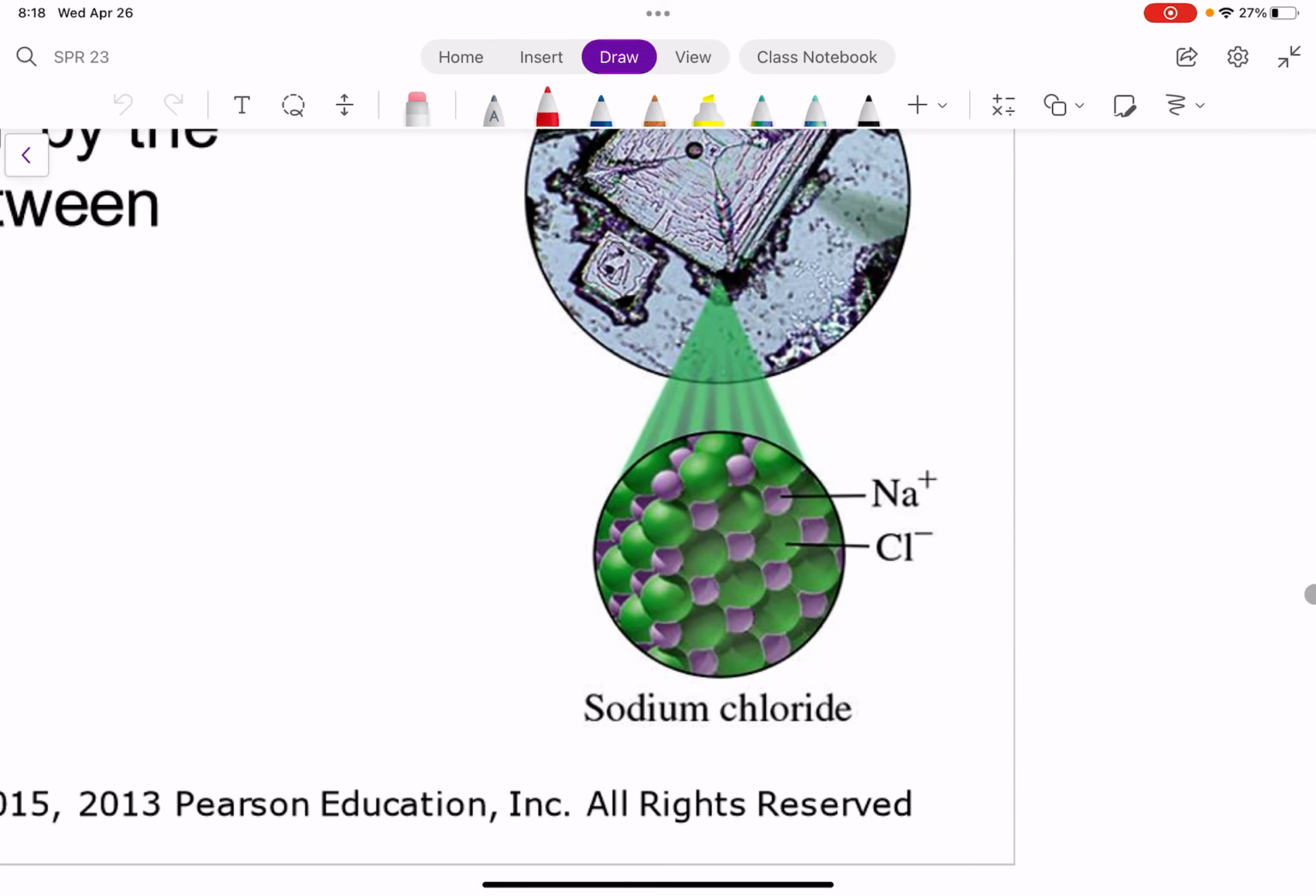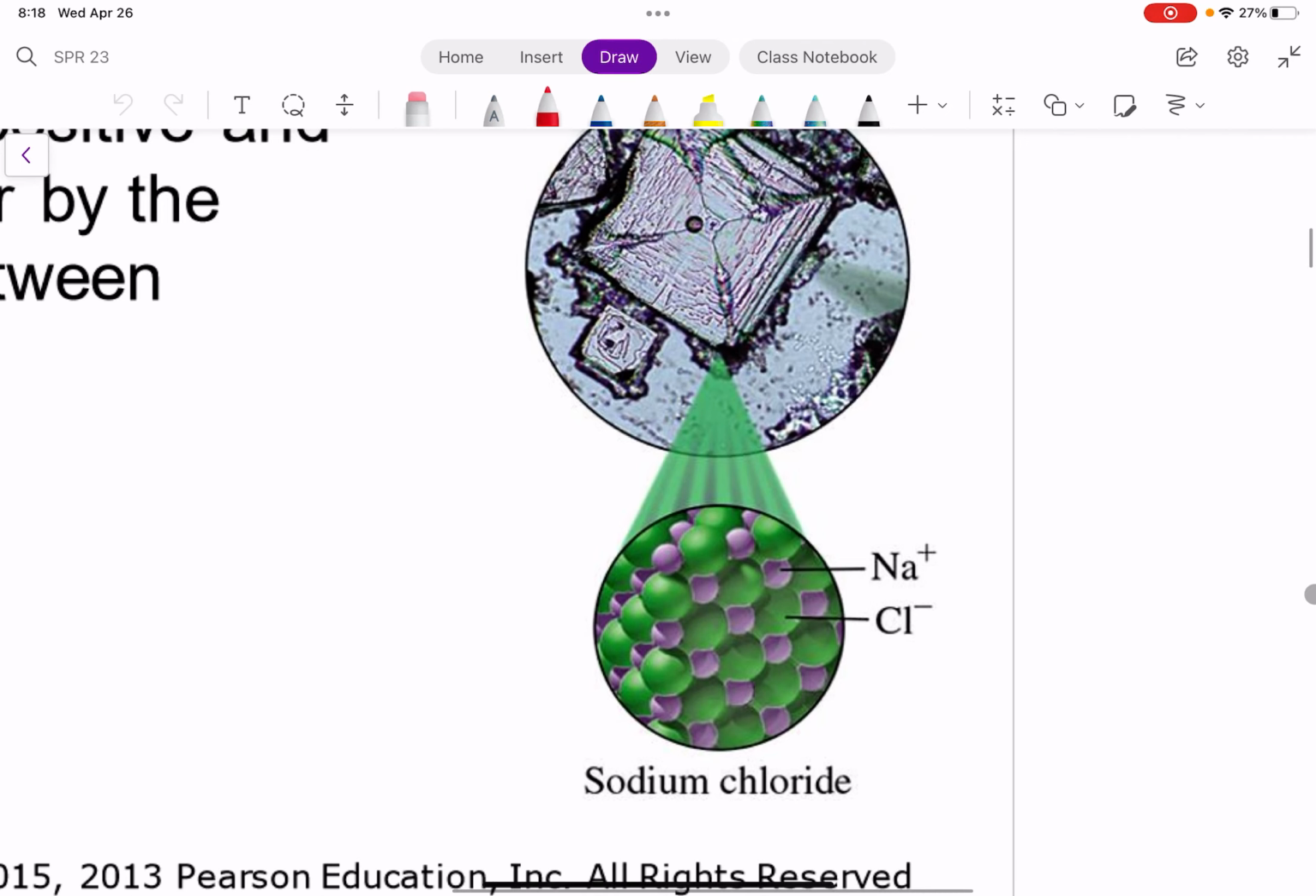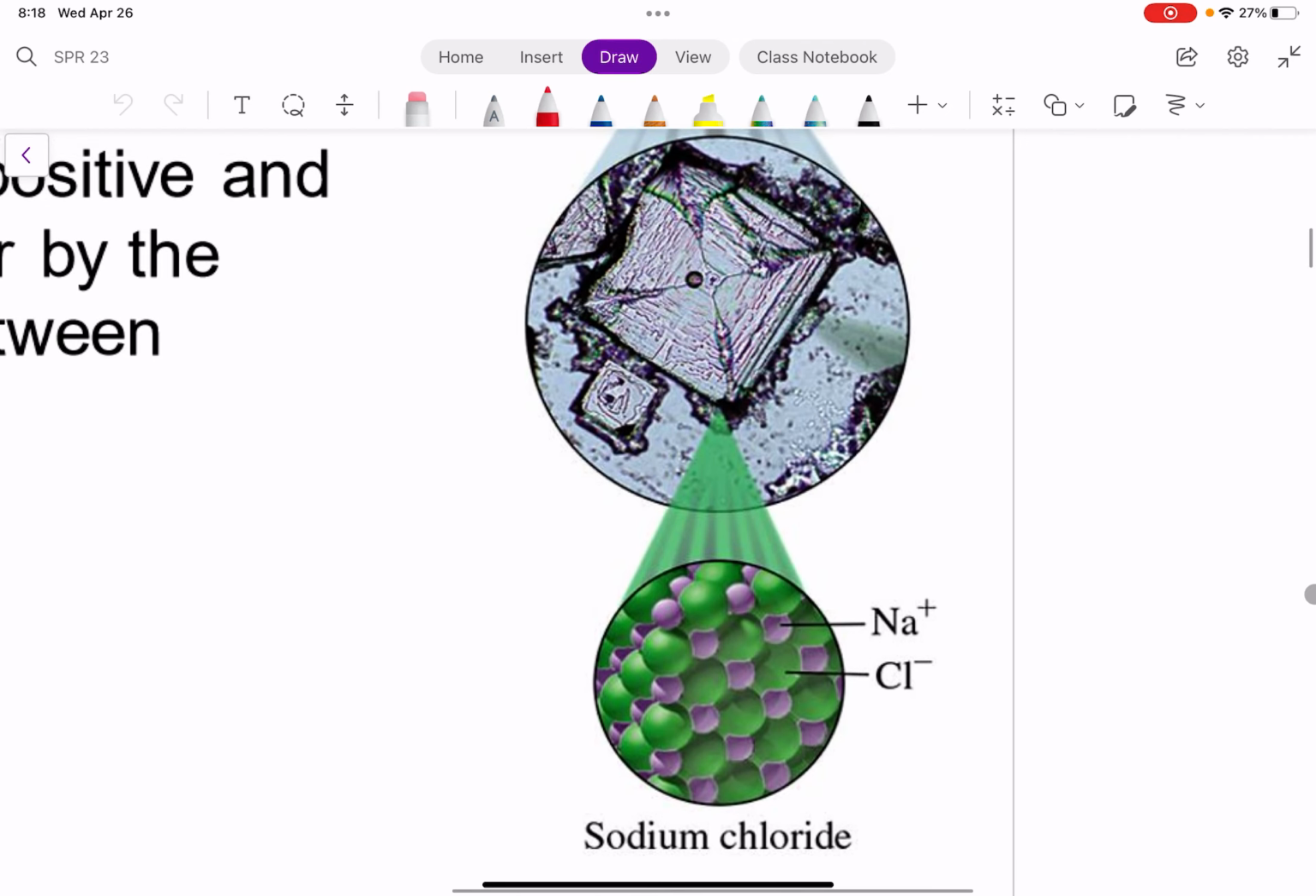If you zoom in, this is sodium chloride. So what is sodium chloride? It's table salt. This is what we put on our food, right? So sodium chloride is an ionic compound that's sodium ions, more specifically sodium cations, right? Because sodium's in group 1A, so when it forms an ion, it's going to form an ion with a +1 charge,